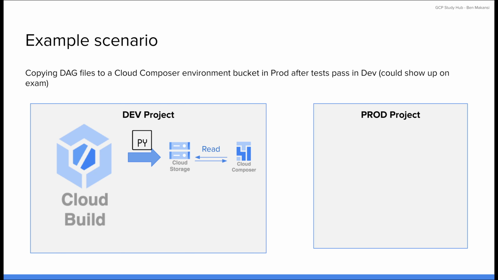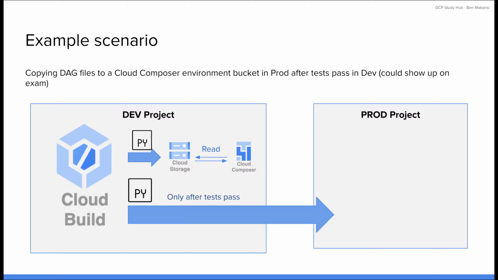It copies these validated DAG files from the dev project's bucket over to the prod project, specifically to the prod cloud storage bucket. In the prod environment, Cloud Composer would similarly read the DAG files directly from this cloud storage bucket that is dedicated to Composer. And once the files are copied to the prod storage bucket, the prod Cloud Composer environment can immediately start using